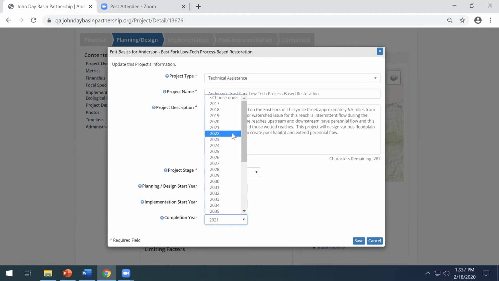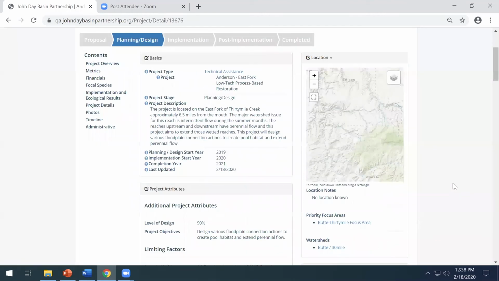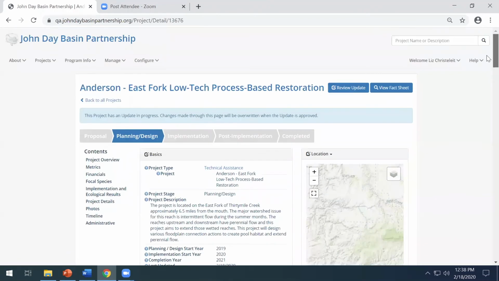You can just go ahead and change that directly because you are administrators of the system. However, that change will be overwritten if there is an update in progress. So just keep in mind that when you're changing project records, it's best to do them through the update workflow, although you do have the power to do it directly on the